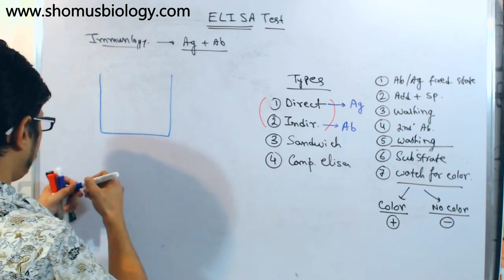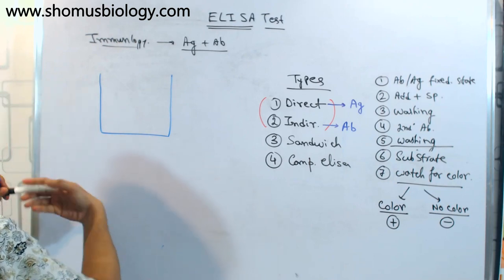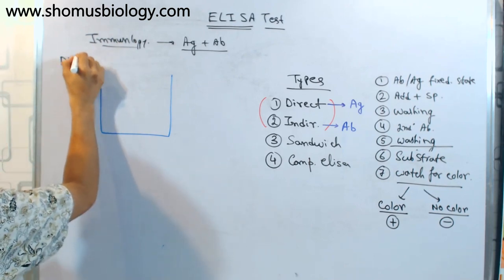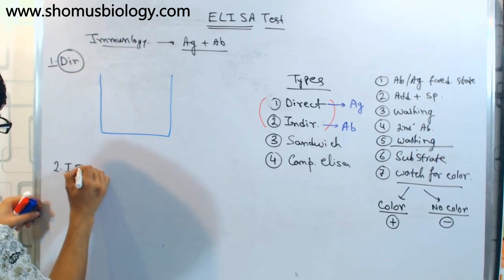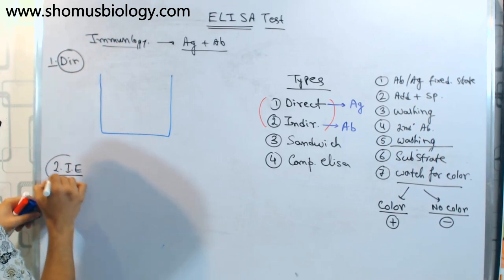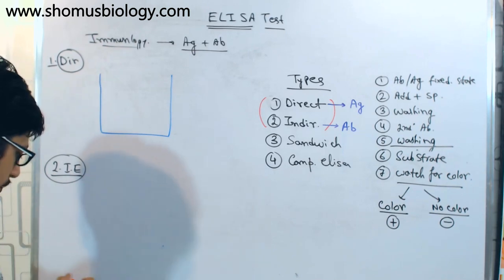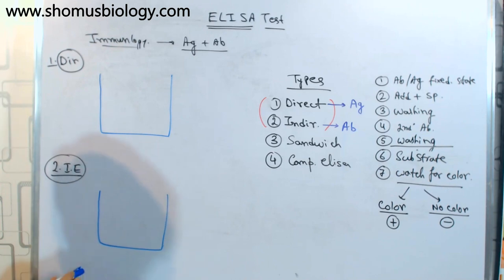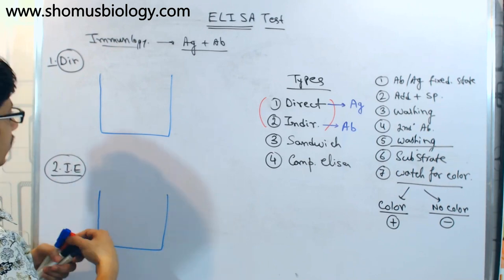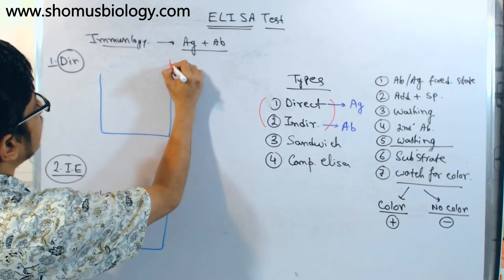Remember, we are talking here about direct ELISA. Let me write it here: direct ELISA, number one, and this will be indirect ELISA, the second one. Let's draw both here also. In indirect ELISA there is also a well. And in direct ELISA, remember this always, we are trying to detect